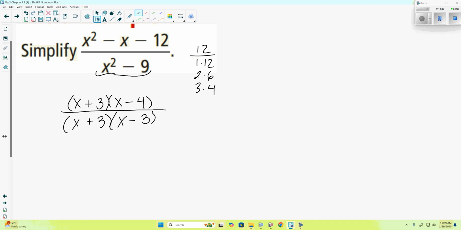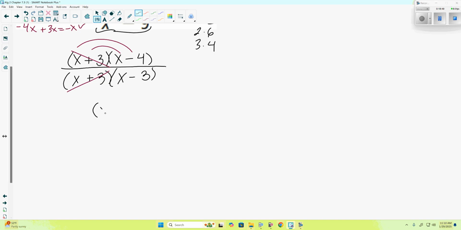3 and 4. Again, it's still going to be good to check and make sure we do get the correct middle term. x times negative 4 is indeed negative 4x. 3 times x is going to be plus 3x, giving us negative x, which is what we wanted. Now what's in common on top and bottom? x plus 3, x plus 3. Leaving us with x minus 4 over